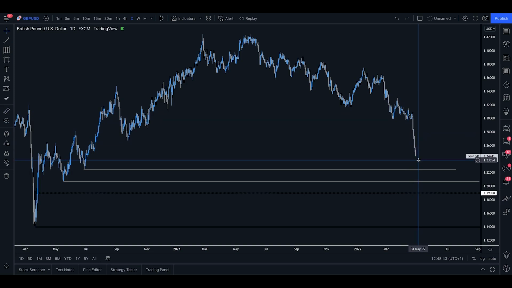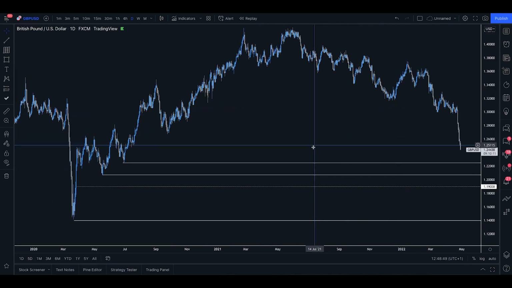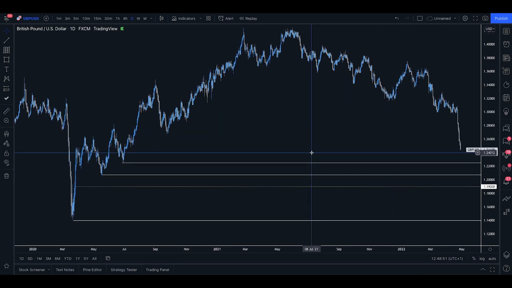Well, if you look at the daily time frame, this week has been insanely bearish, as have really the past few months, but this is where it's getting really bad for the pound. I do think the pound could move towards 1.24 very easily. We're only 40 pips away. That's probably going to be met extremely soon.